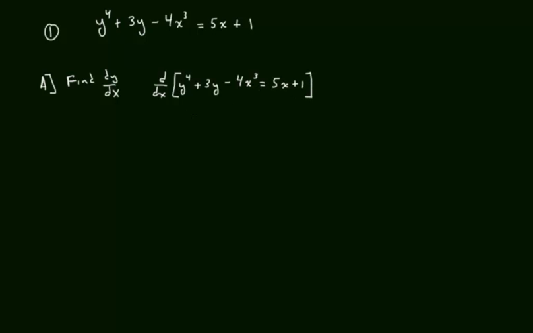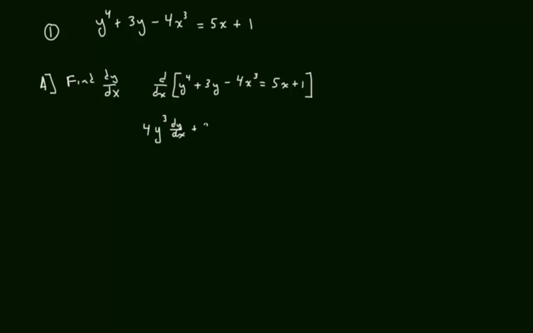Okay, so again, the key to this is treat y like it's f of x. It's more than just a variable, it's a function. So we could think of this as f of x to the power 4 plus 3 times f of x. So when I find the derivative, I have 4 stuff to the power 3 times the derivative of stuff, and that's going to be times dy dx,